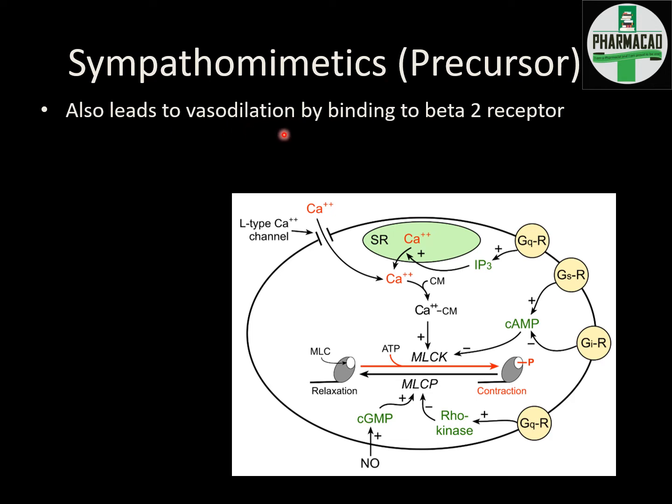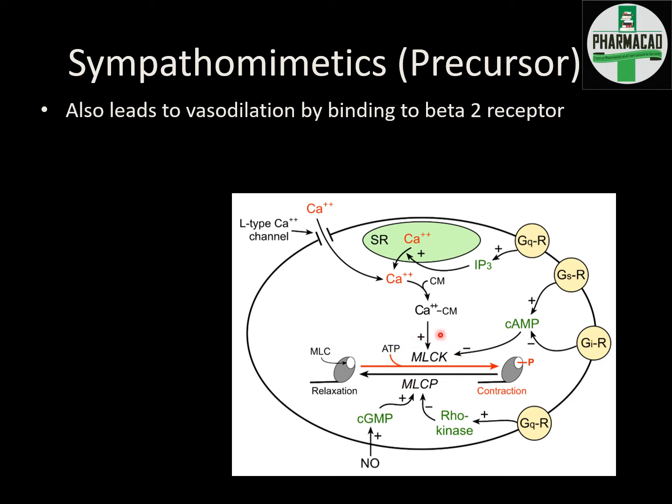So how is this happening? Let's see the mechanism. In general, in smooth muscle cells of blood vessel, whenever calcium is entering inside the smooth muscle cell, it combines with the calmodulin contractile protein. Like troponin is present in cardiac myocytes, calmodulin is present in smooth muscle cells. So this calcium calmodulin complex is actually activating MLCK, which is myosin light chain kinase enzyme.